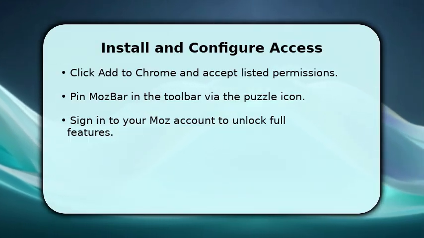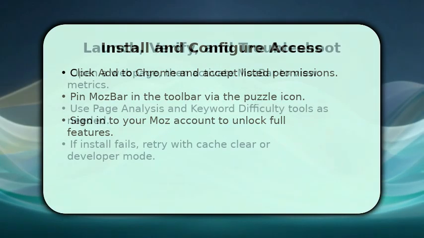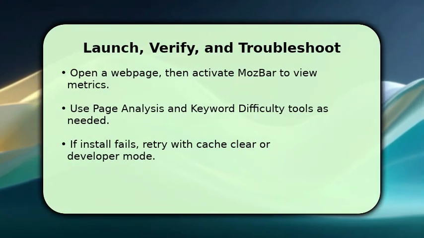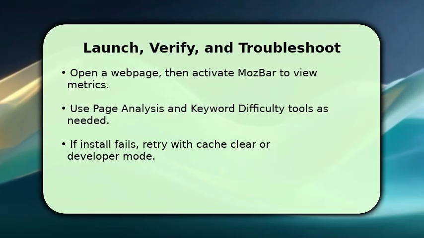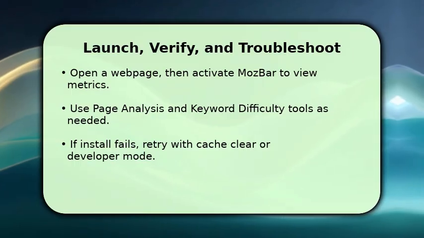Open any web page and activate Mozbar from the toolbar to verify metrics load correctly. You'll see DA, PA, and on-page elements. Use the page analysis and keyword difficulty panels to run the specific reports you need, and toggle options to customize